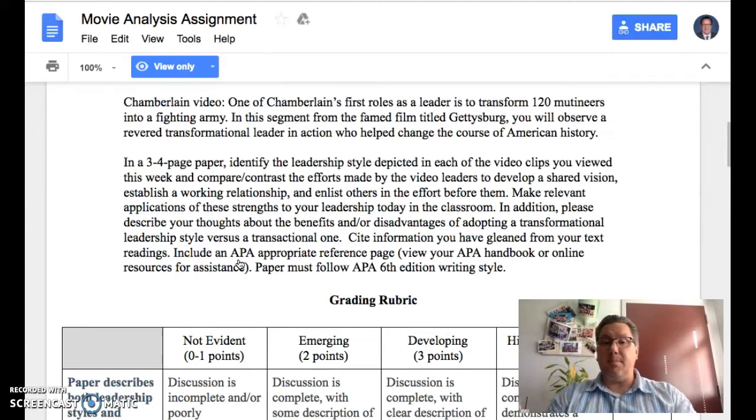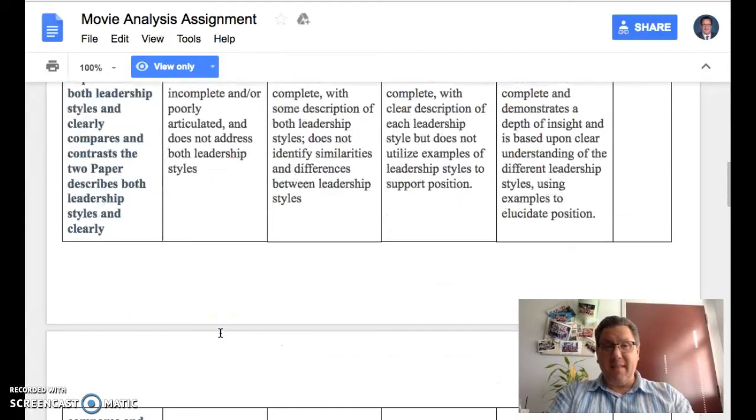Identify the leadership styles depicted in each of the videos and show how they compare and contrast the efforts made by these leaders for a shared vision, establishing a working relationship, and enlisting others in the effort before them. Then make sure you are making the connections to how you see those styles of leadership in your classroom, and then please describe your thoughts about the benefits or disadvantages of adopting one over the other as well. There is the rubric as always to complete that.